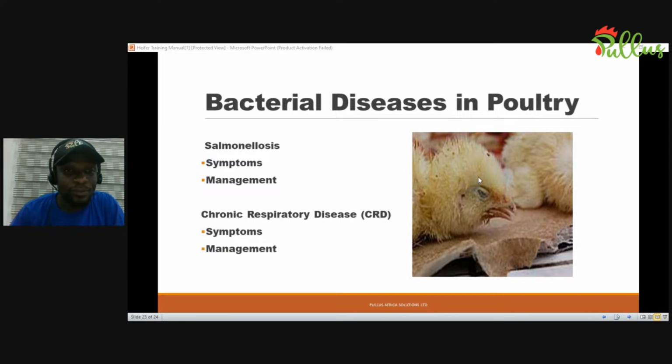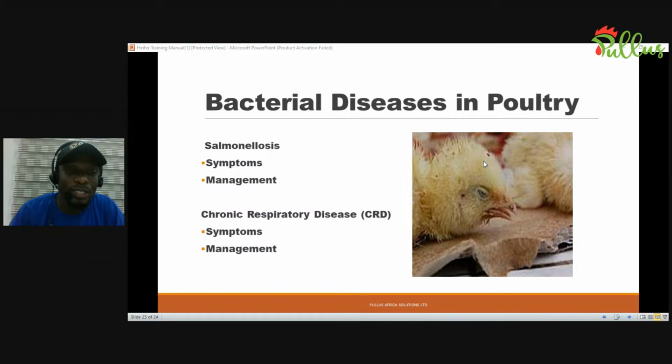Most times when your chicks arrive, one of the common symptoms is what we call pasted vent, which means you see dry feces on their vent. When they pass out the feces, it is very thick in nature because of the high urate inside, so it doesn't drop; it sticks to their bum and then dries up there. One problem with that is that when it dries up there, they will not be able to pass feces again. So they continue to pile up feces inside their digestive tract, and it becomes an issue.